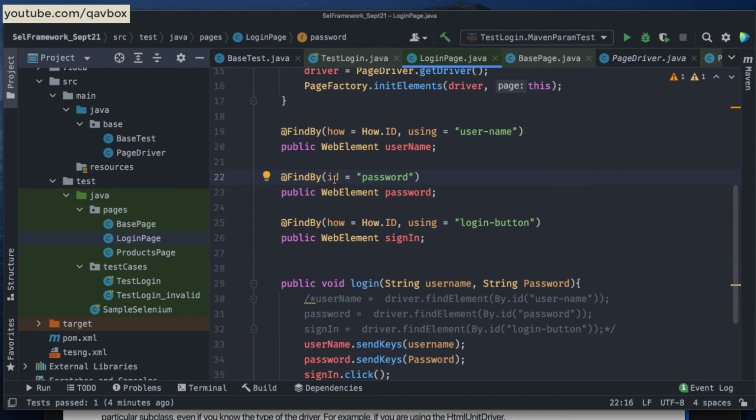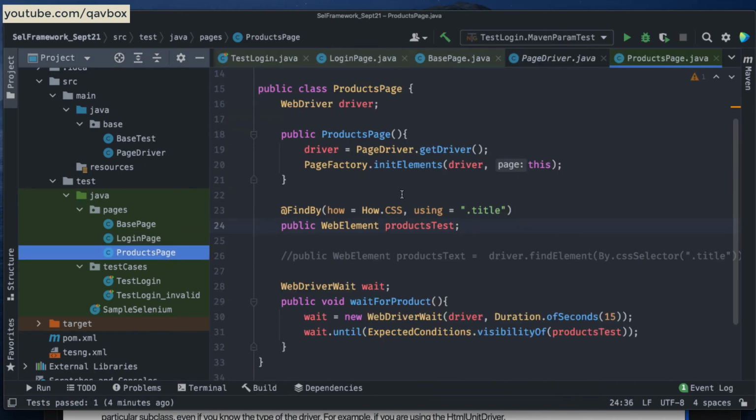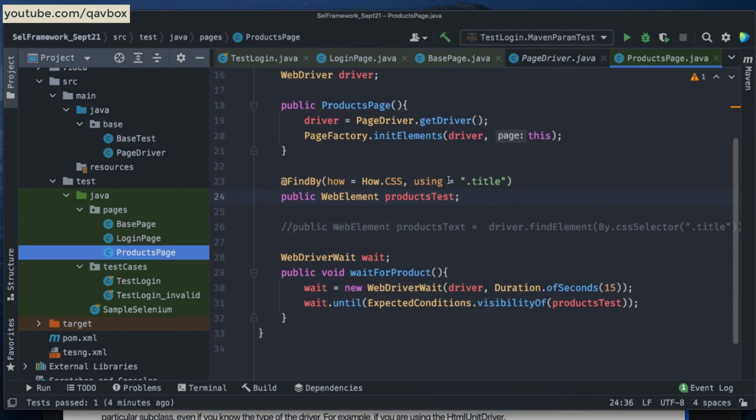So this is not just limited to id, you can give any locator strategy. For an instance, let's say that we are using css here, right? So what I can do, I can just say like this, css and then equal to. So this is one of the shorter notations of that how and then using equal to, right? You can even specify, your test cases will work fine with this one as well.